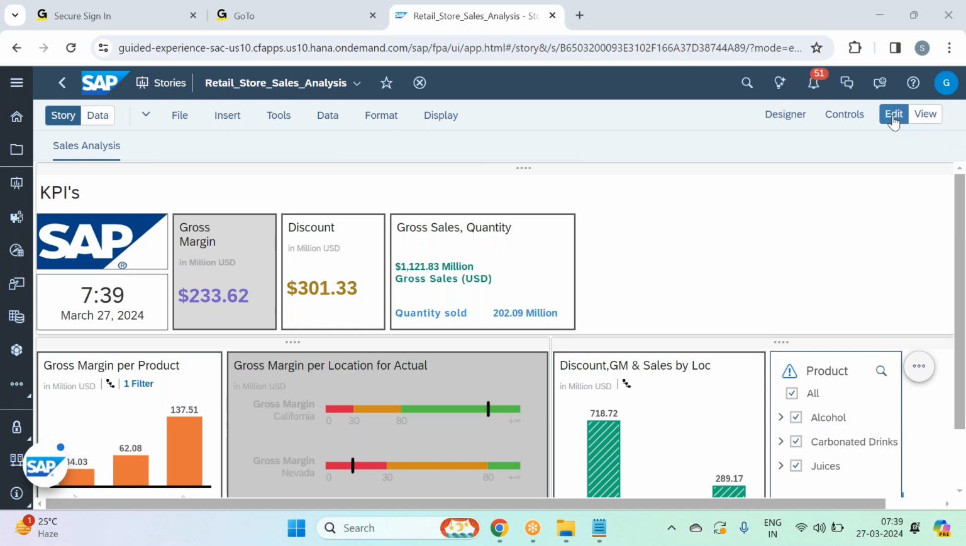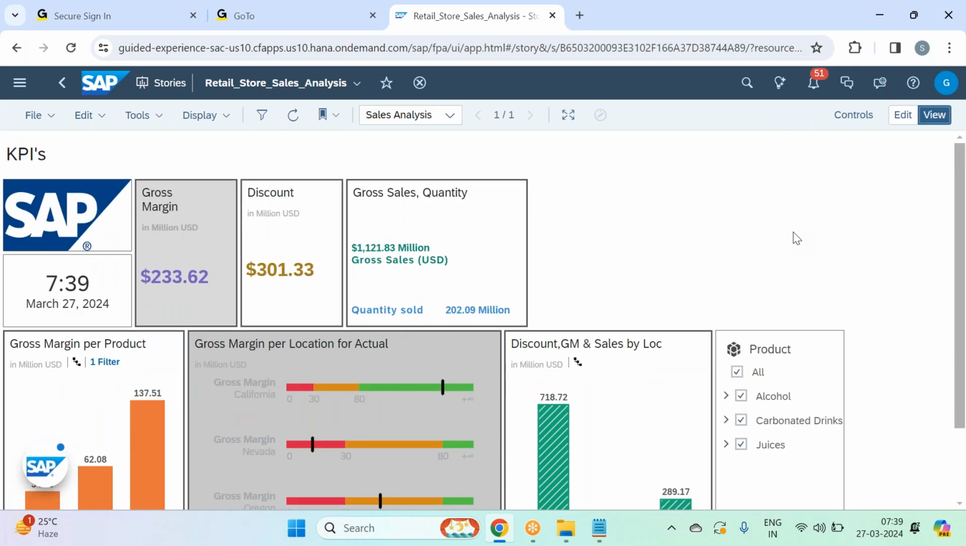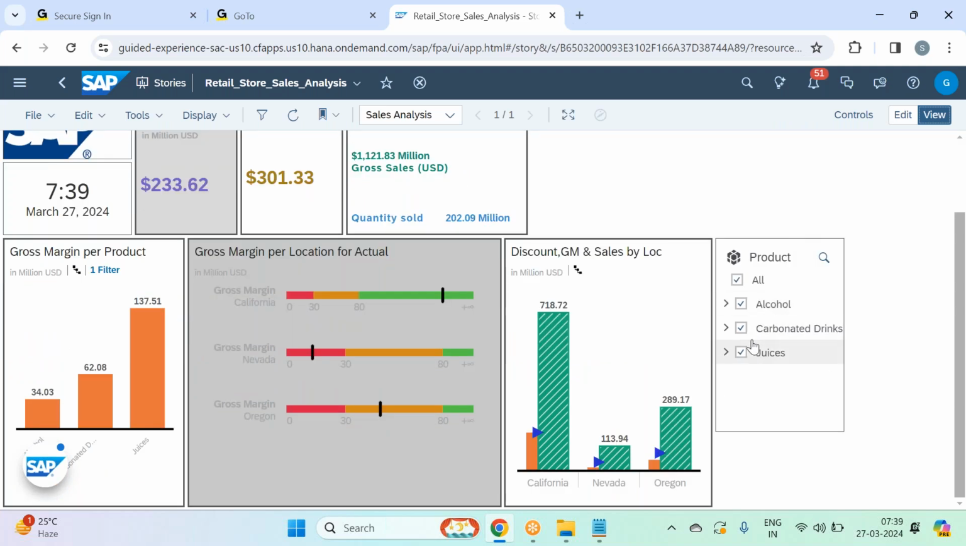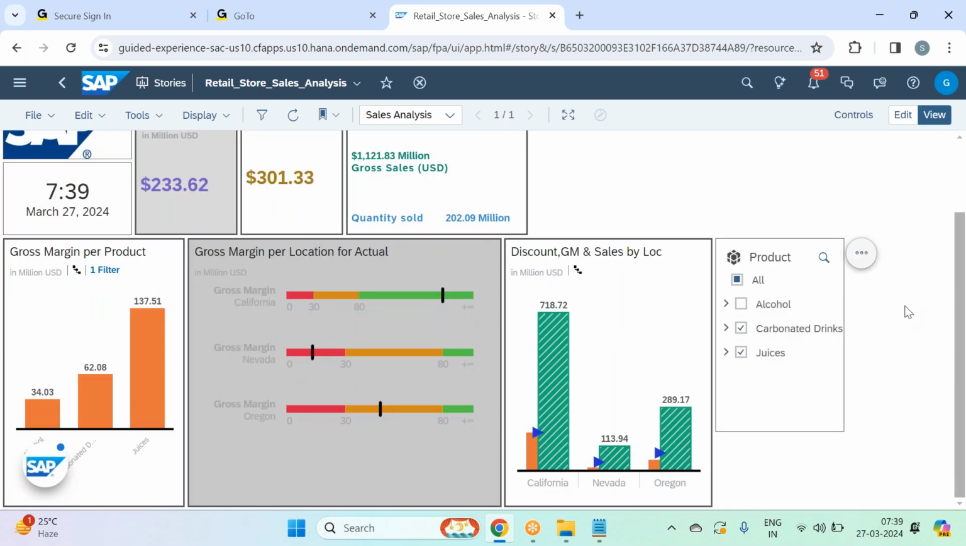So here you see, this is edit mode, guys, means developer mode. If I go to the view mode, this is like end user mode. If I switch on to the view mode, so now you see this story in view mode. If I go here now, if I remove alcohol,